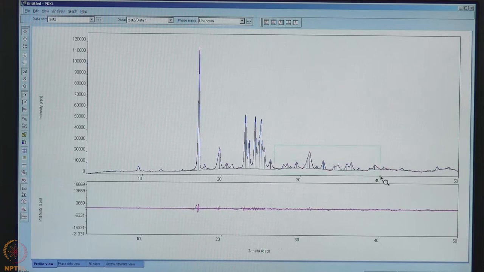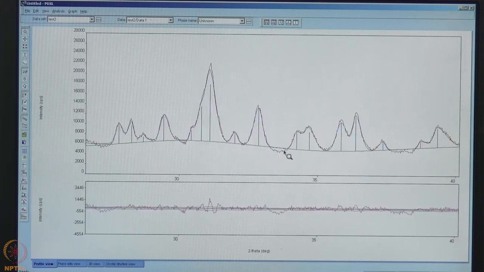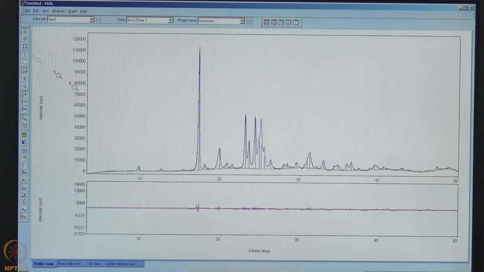If we see the mid-angle region, what we see is that the peaks are very broad and they are not well resolved. So this is the problem of a home-based source, which cannot resolve the peaks which are very close to each other, and that is why we sometimes try to record the powder X-ray diffraction pattern using synchrotron sources. The advantage of synchrotron data is that it will be highly resolved. These peaks will have very high intensity, and we should be able to solve and refine the structure from this